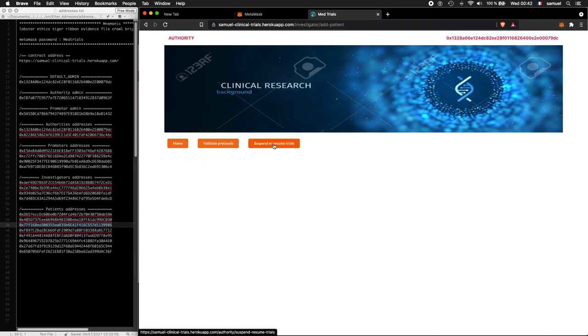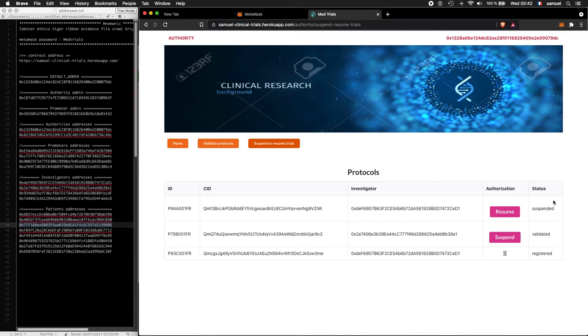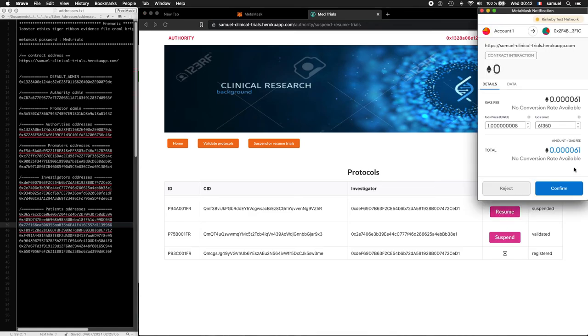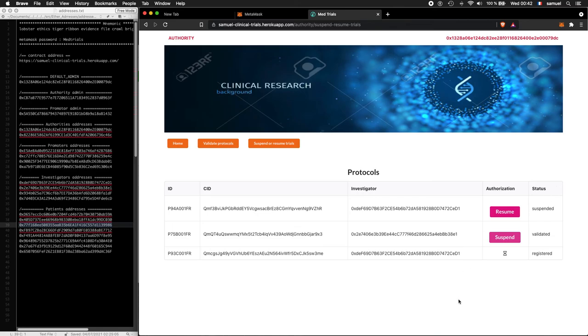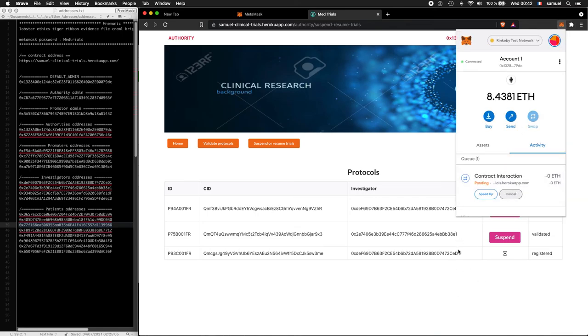If we go to suspend or resume trial, we can see that the protocol status is suspended. The authority can decide to resume the contract. So you just click on resume and confirm and wait because the transaction needs to be confirmed.